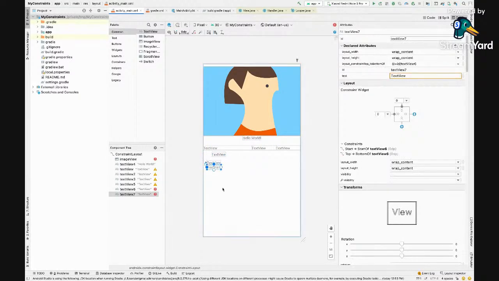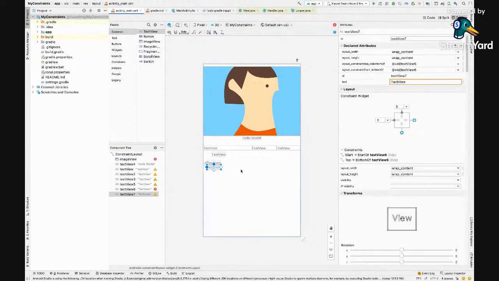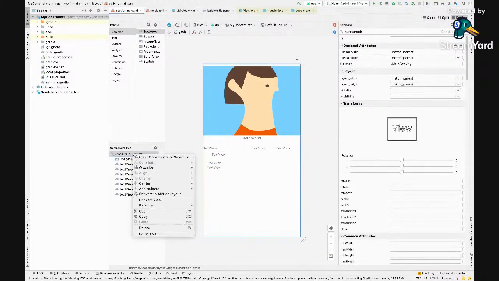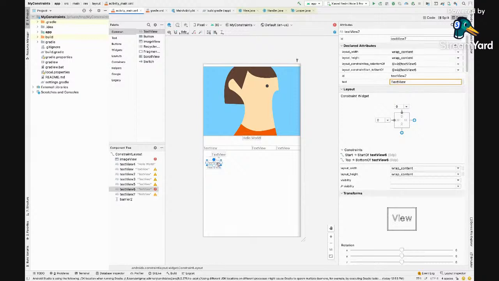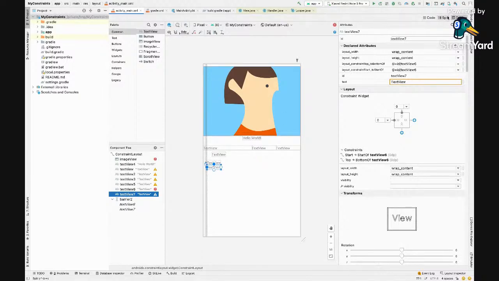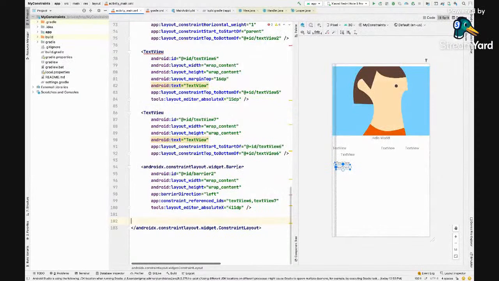Yeah, this one to the left of this. The text I'll change later on, but you could say that you want some barriers here. I'll explain what a barrier is with an example. Here, let's say these are the two text views. I want these two text views to be added to the barrier. I'll come to what it means. Going to this barrier, we just set it to barrier end. What it will mean is our barrier is somewhere on the end of these two.